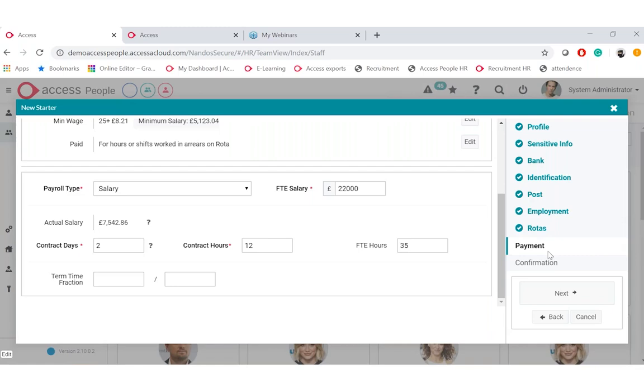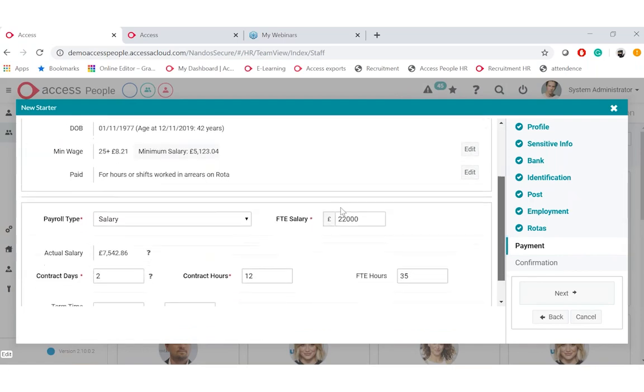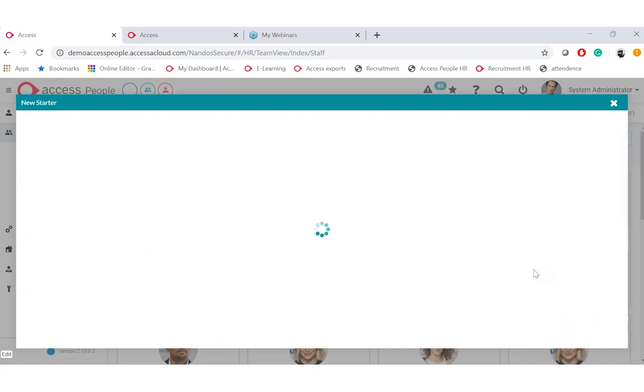Okay, just move that back to hourly because it's an hourly paid employee. And that's as simple as getting a new starter on.